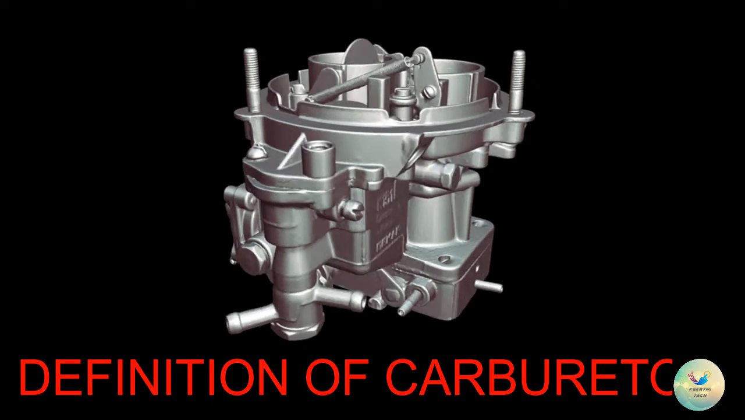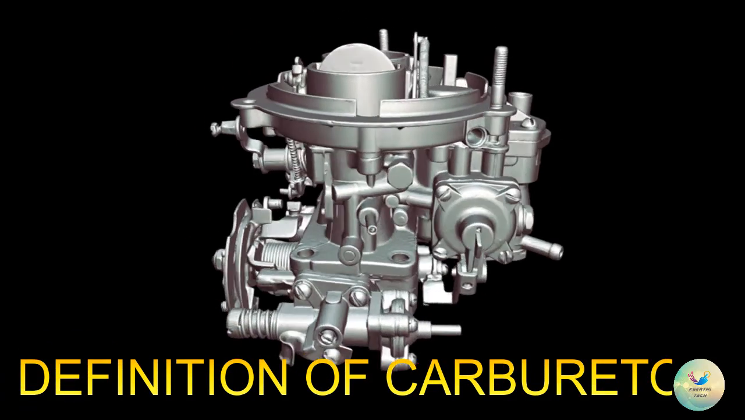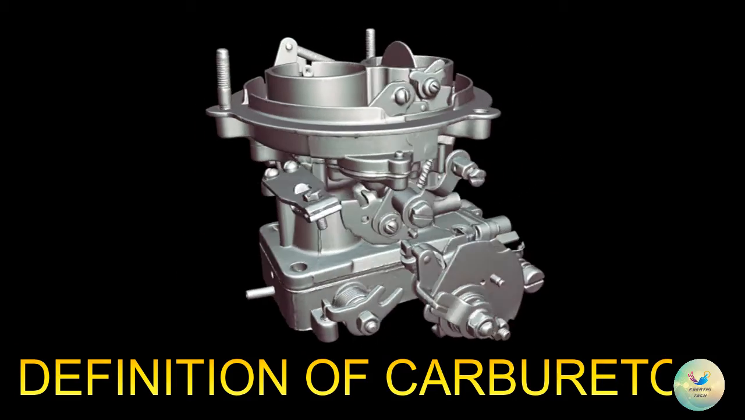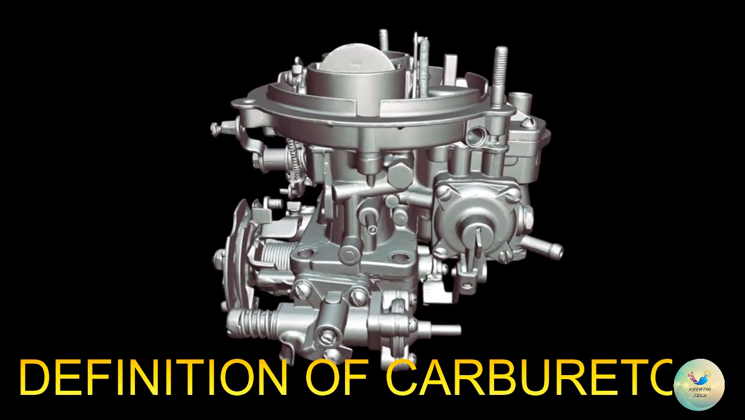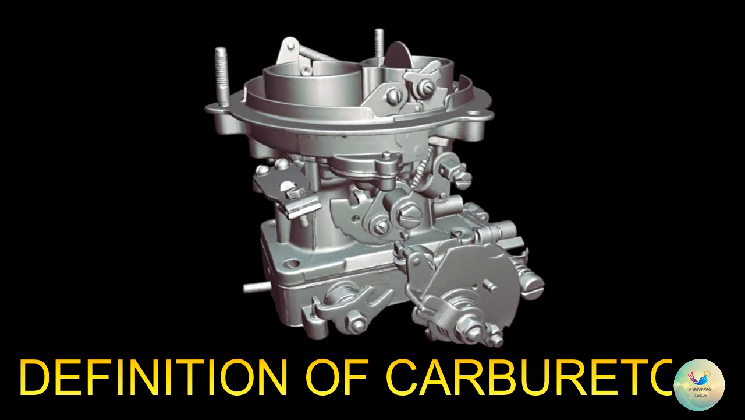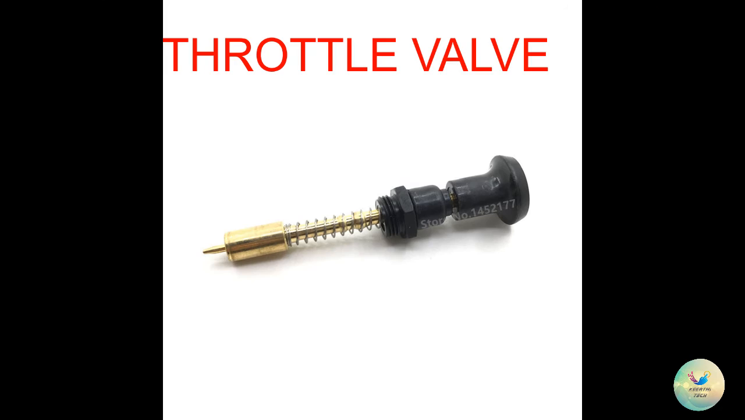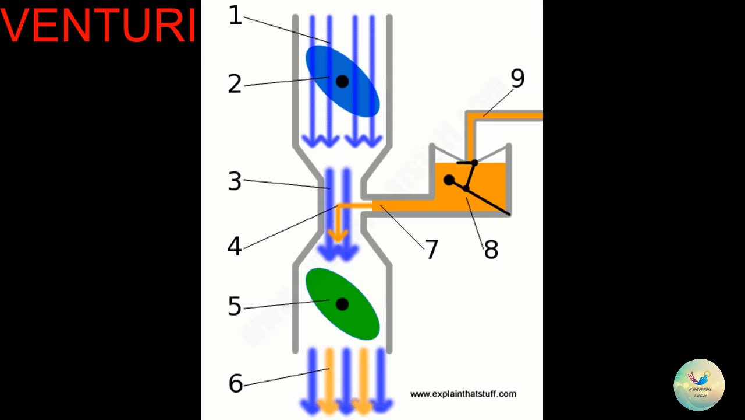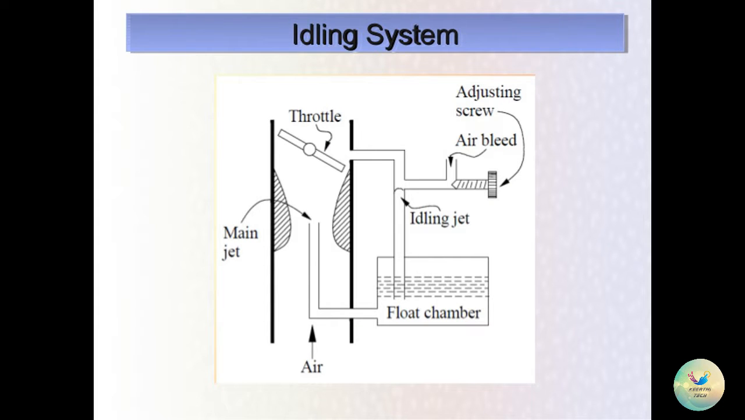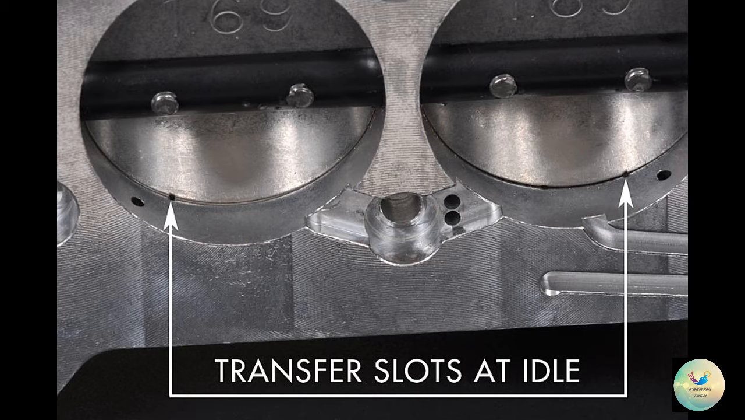Carburetor. A carburetor is a device which helps in mixing fuel and air together for facilitating internal combustion inside an internal combustion engine. This device passes the mixture of fuel and air to the intake manifold of an internal combustion engine. Components of carburetor: throttle valve, strainer, Venturi, metering system, idling system, float chamber, mixing chamber, idle and transfer port,